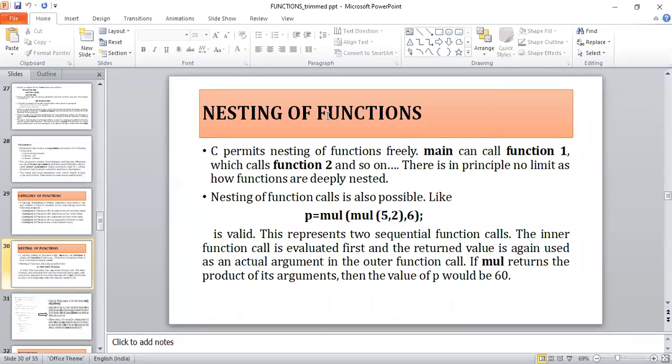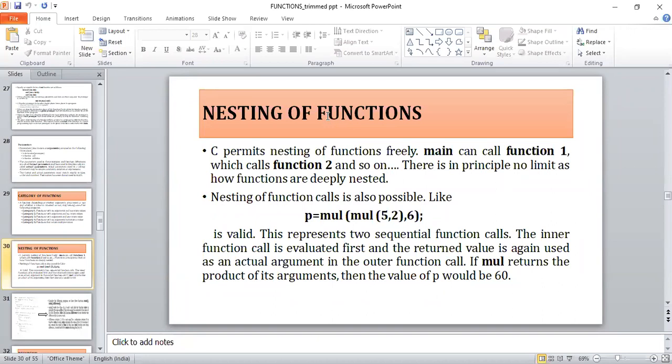Nested for loop is nothing but a for loop present within another for loop, that we have already seen in the decision making and control statements. The major application of nested for loop came in the usage of two-dimensional arrays. And here also we can nest a function within another function. That is also possible in C. That concept is called the nested function.